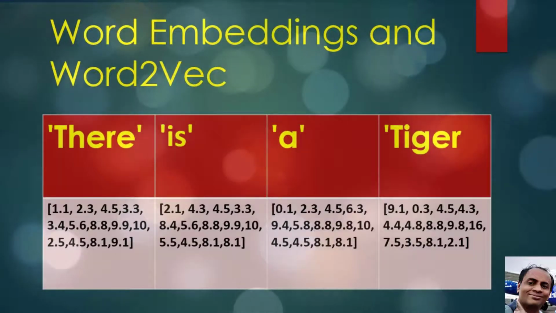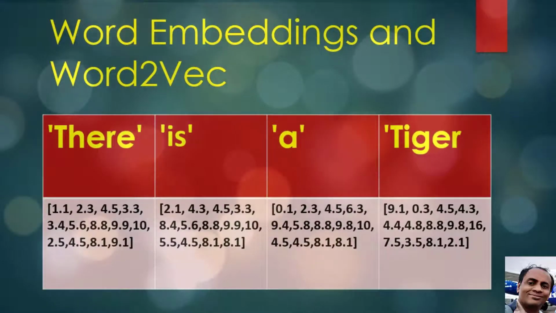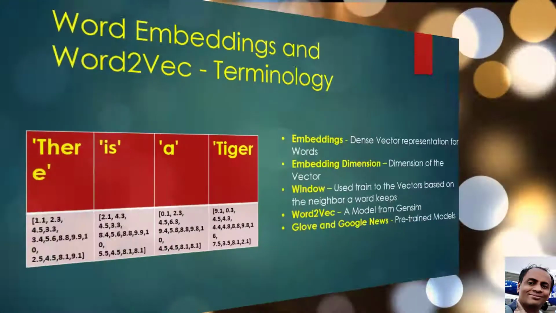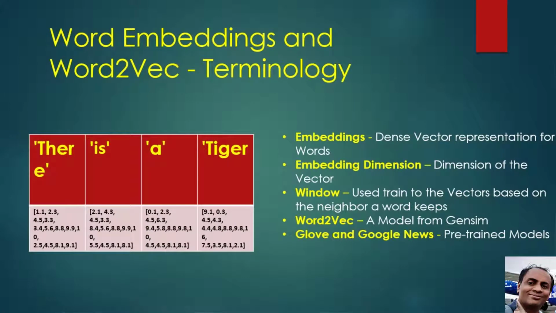This is accomplished by vector representation of words. The vector representation of words into any dimensions is called word embeddings. Word2vec is one of the famous models from Gensim which can produce word embeddings based on the corpus of text provided. If we have a huge corpus and pass it to Word2vec, it can provide us the word embeddings, that is the vector representation of words.